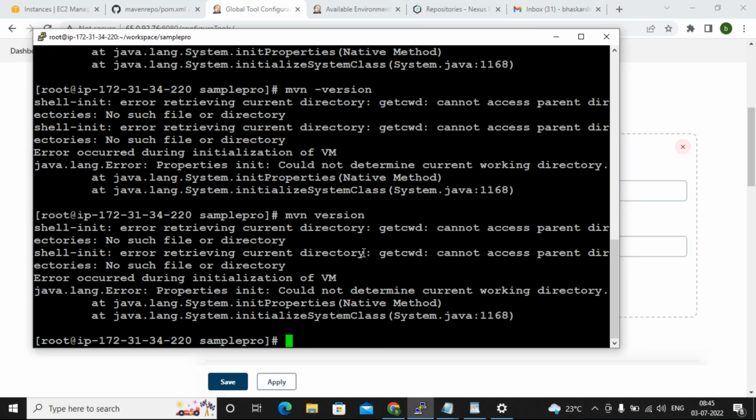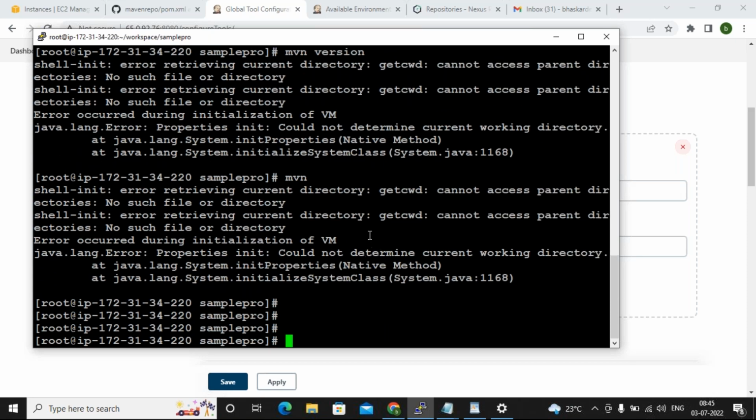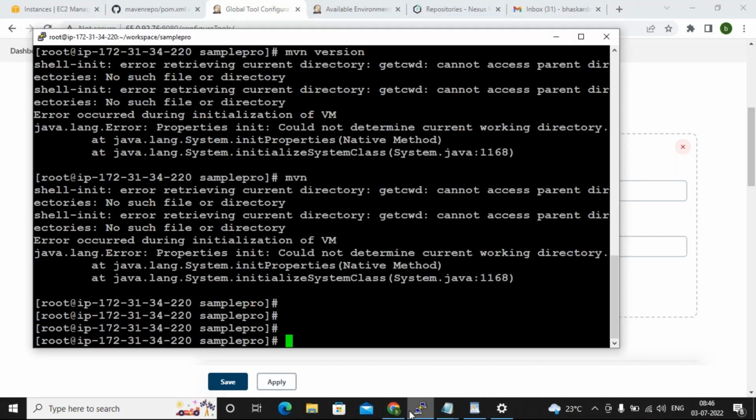Cannot access parent directory, no such file. Anything wrong with Maven? Then how are my commands working? The main command is not working here. Why? What is the reason?